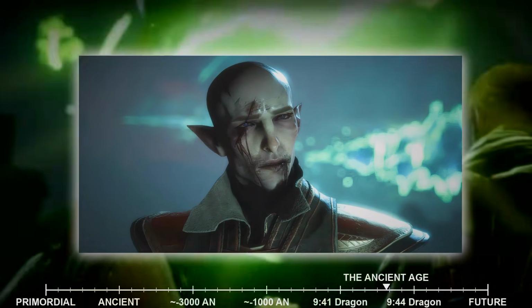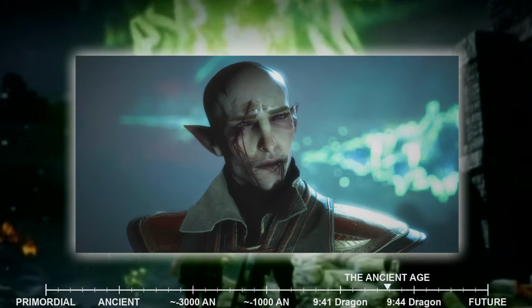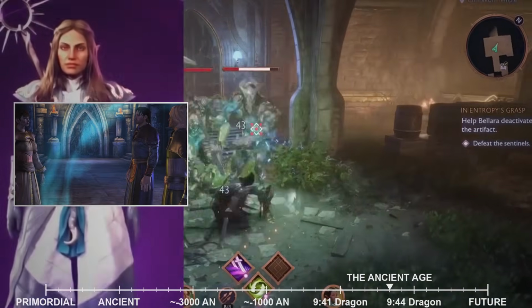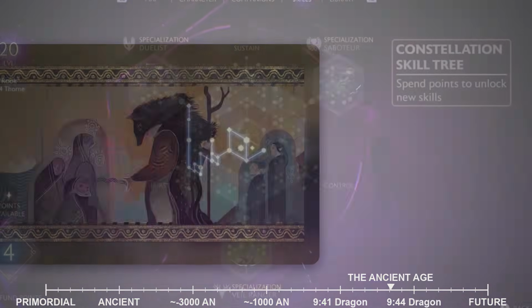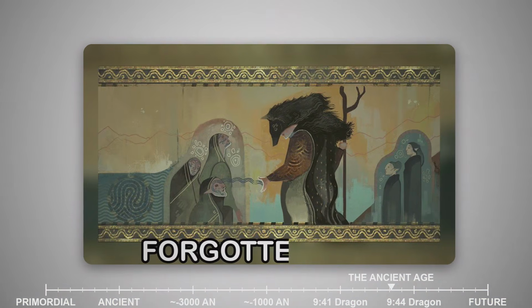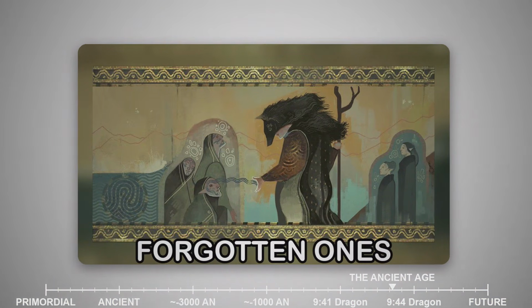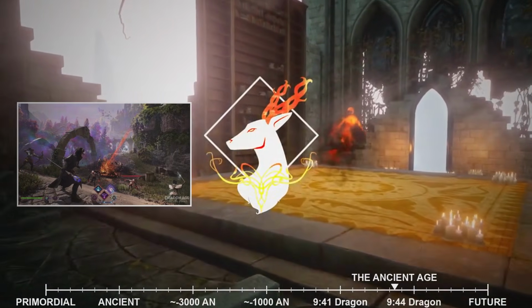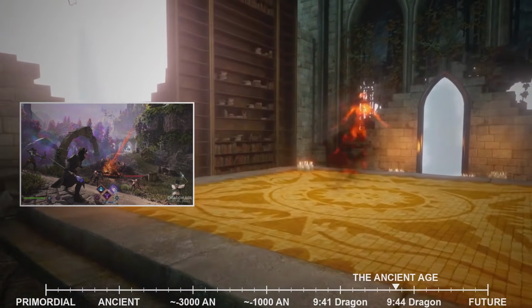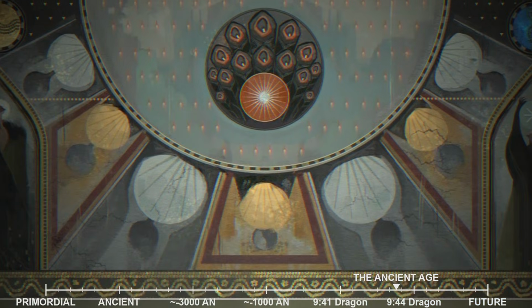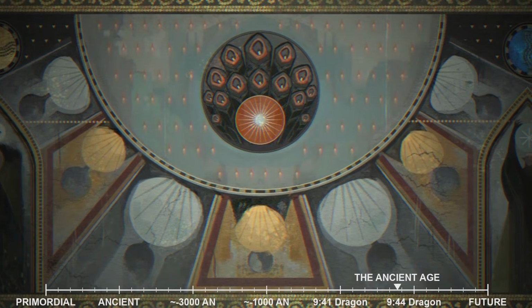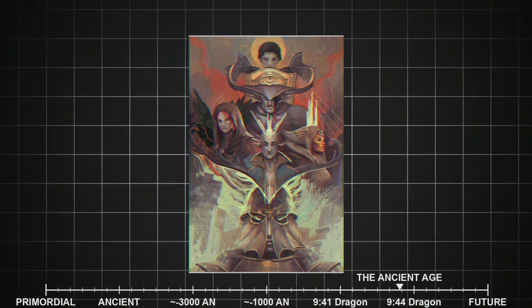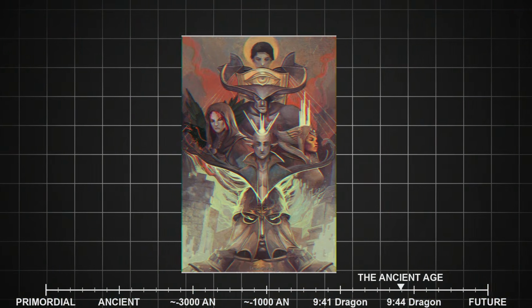In the shadows of Elvenan, there exist others who share his disillusionment. These are powerful elven mages, spirits who have taken physical form, and those who have witnessed the cruelty of the Evanuris firsthand. Some scholars in later ages will call them the Forgotten Ones, though the truth of who they were remains murky. They are not a unified faction like the Evanuris, but rather a loose collection of rebels, outcasts, and those who remember what the elven people once stood for. Some are former servants of the Evanuris who grew disgusted with their masters. Others are ancient spirits who refuse to be bound and enslaved. Together, they represent the resistance, the last hope for a people who have been blinded by the glory of their false gods.